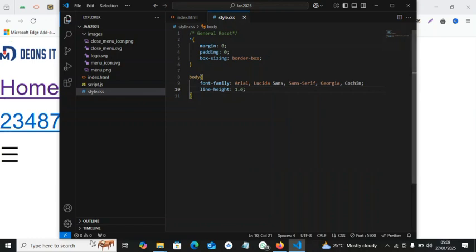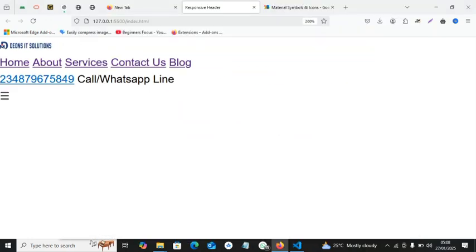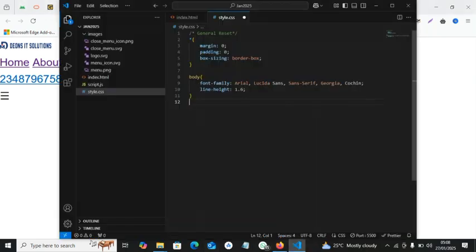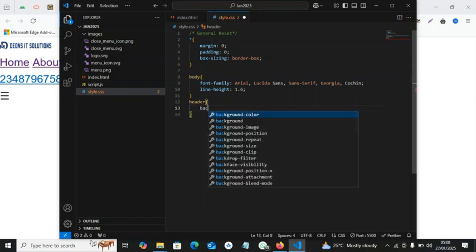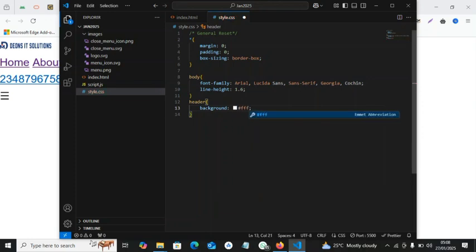All right, the next thing I want to move on to now is to focus on my header. If you look at my header, you see that my header is not looking responsive at all. It's not looking okay. So I'll go back here and say header, and I'm going to have this code for my header. First off, I'm going to set the background color to white. I don't want any other color aside white, which is FFF. Then the next thing is I want to give it a